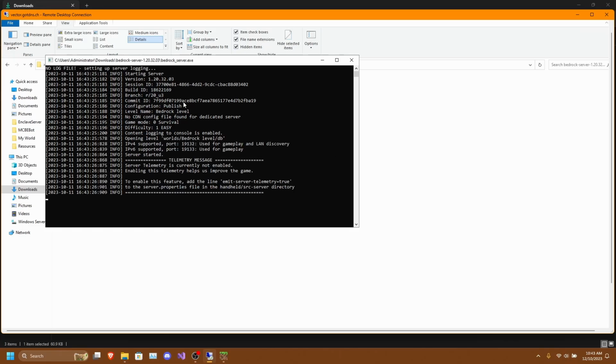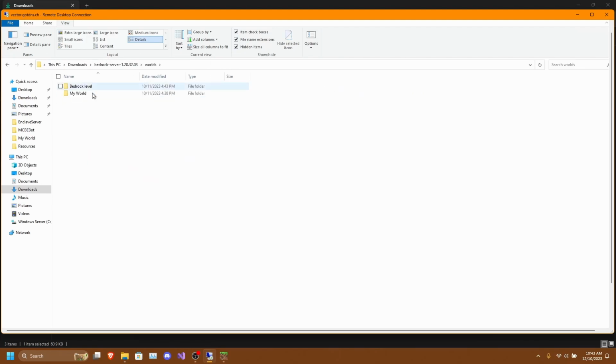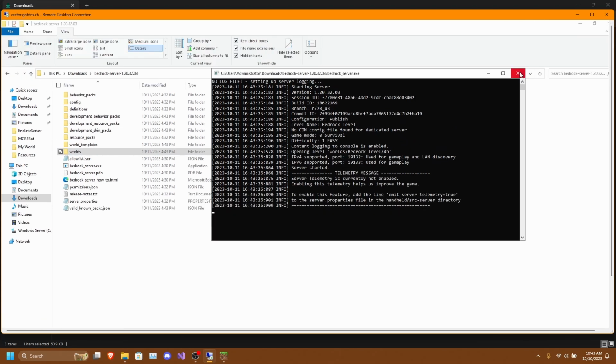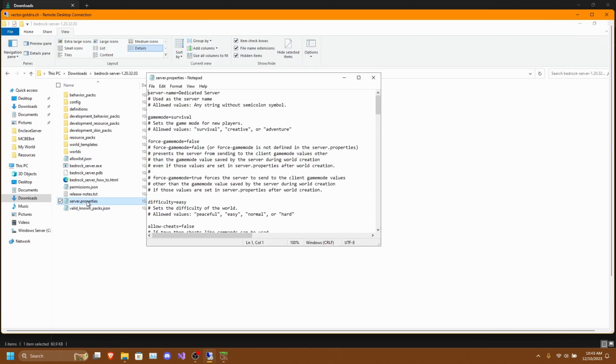And once we started the server, it'll come up with a world. But since we haven't actually edited the server properties, what we need to do is close out of the Microsoft server, shut it down, then open up the server.properties.